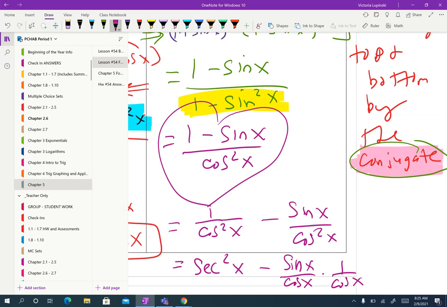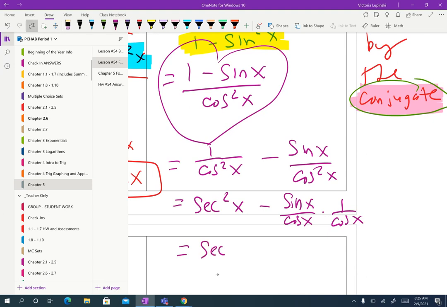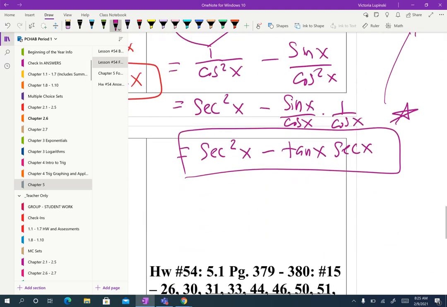And again, you would know that that's allowed as long as you can multiply it back to get to the original. So in your final answer, you're going to get a secant squared minus a sine over a cosine is a tangent, and a 1 over a cosine is a secant, and you're going to go ahead and leave it as such. So again, I would say this is the least obvious strategy, probably one you would not have even thought to think of without me. And again, the strategy is multiplying by the conjugate, and the more we do of these, the easier it's going to get. So hopefully you could realize why maybe it was a good idea to watch this for homework,